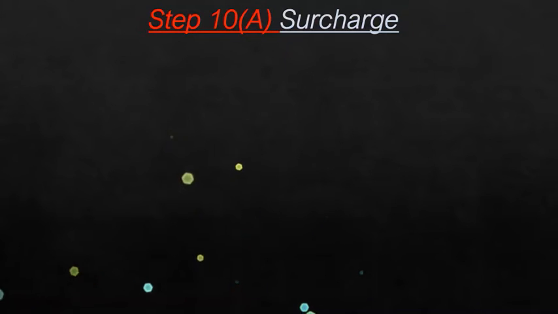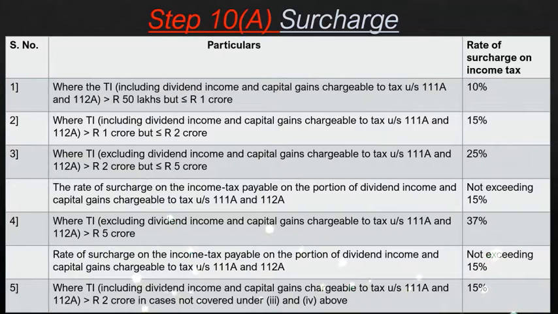15%. 3. Where TI, excluding dividend income and capital gains chargeable to tax U/S 111A and 112A, is above ₹2 crore but less than or equal to ₹5 crore: 25%. The rate of surcharge on the income tax payable on the portion of dividend income and capital gains chargeable to tax U/S 111A and 112A: not exceeding